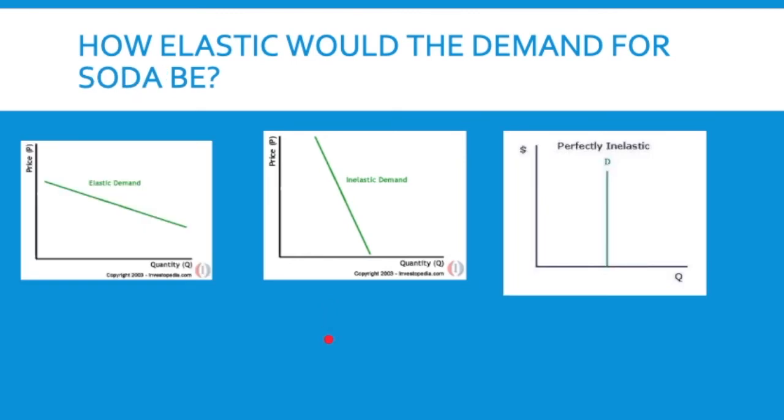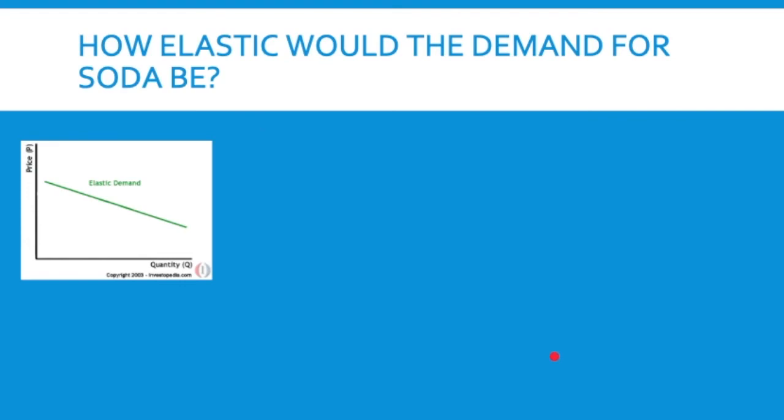If you look at the elasticity for soda, would it be very elastic? So if the price of soda went up, would it change people's demand for soda? Would it not change at all, or would it change very little with inelastic demand? Soda, it would be very elastic. Think about one of those things affecting elasticity. Soda is a luxury, not a necessity. Nobody needs soda. There are plenty of available substitutes. So you'd say, okay, I don't need it. It's a luxury, and then I can drink water or milk or juice or whatever it might be. So soda would have a very elastic demand curve.